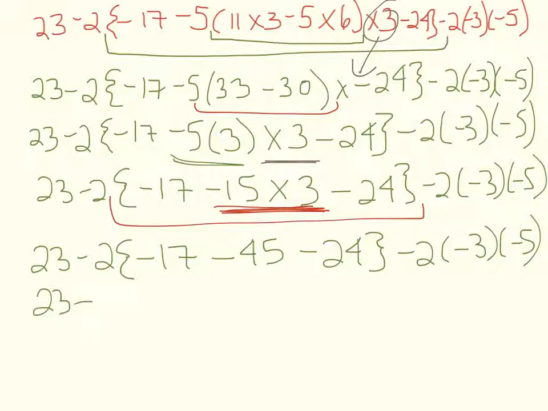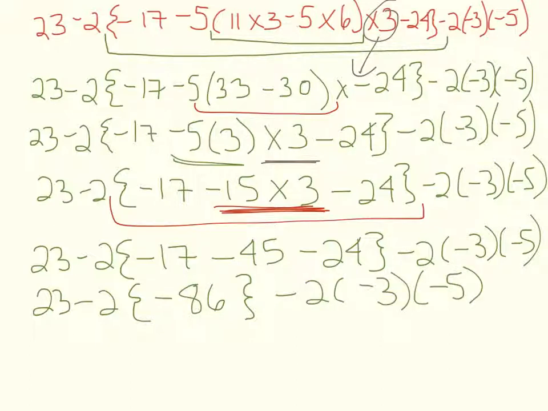Okay, now it's just a simple case of adding another negative and another negative to that. So we have 23, just keeping the brackets, negative 17, and we're adding an additional negative 5 and an additional negative 24 gives us a total of negative 86. And then we've got that negative 2 multiplied by that negative 3 and negative 5. So now what we're going to do is we're going to get rid of any brackets and just have through our multiplication. So we have that 23,